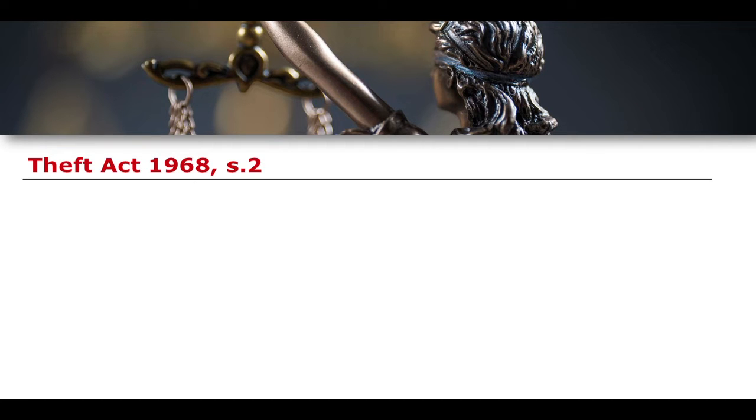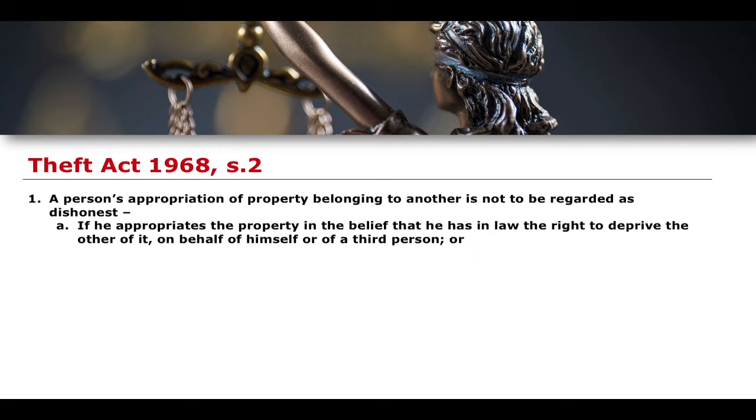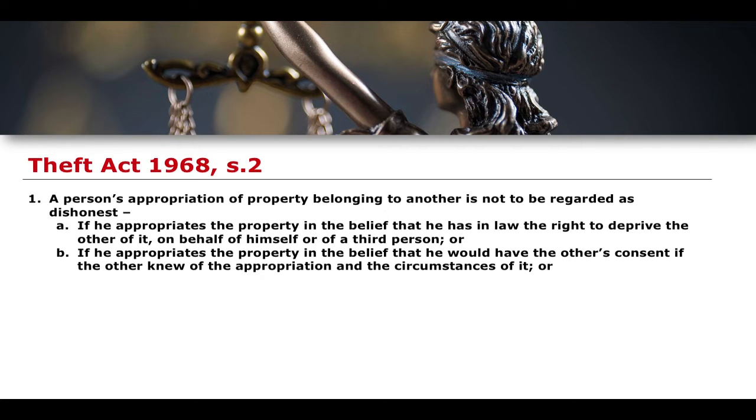So let's begin then. We know already that section 1.1 defines theft as something that takes place when an individual dishonestly appropriates property that belongs to another with the intention to permanently deprive the other of that property. Section 2 then begins with the dishonesty element. It says that a person's appropriation of property belonging to another is not to be regarded as dishonest if he appropriates the property in the belief that he has in law the right to deprive the other of it on behalf of himself or a third person,